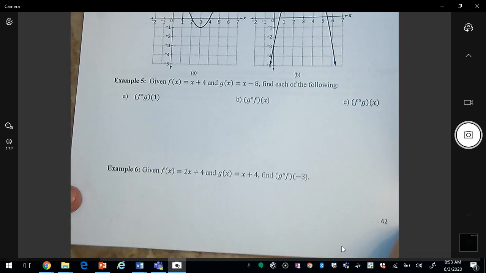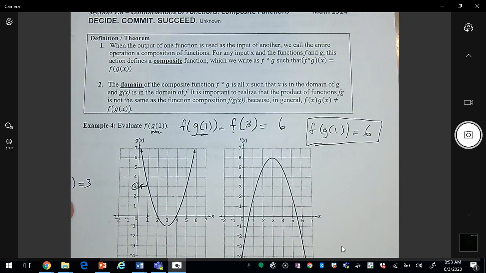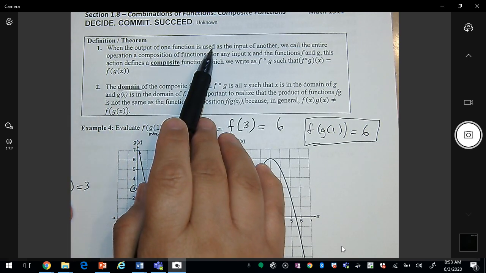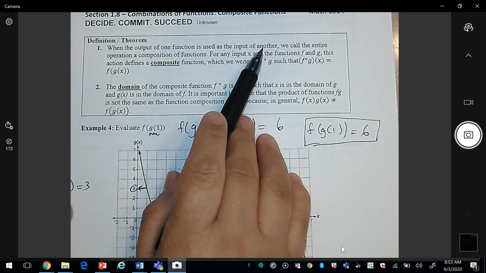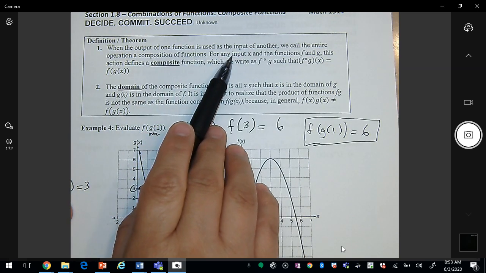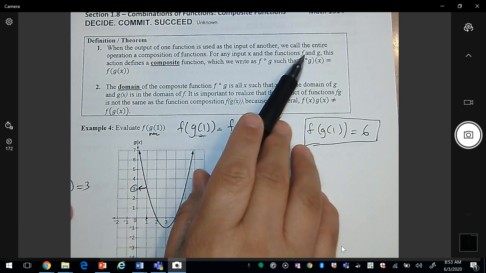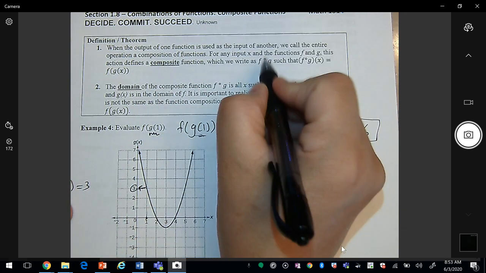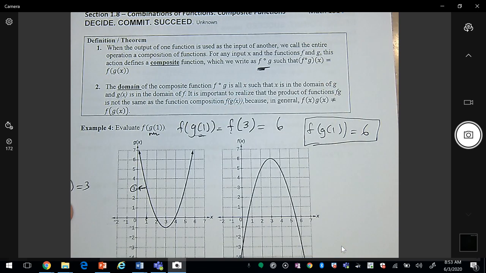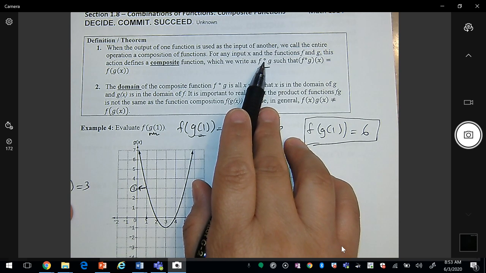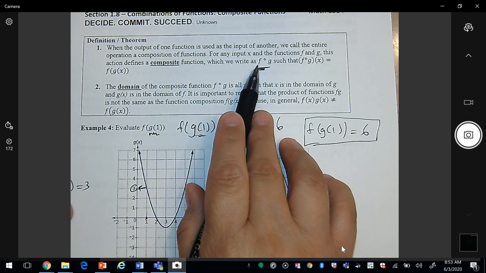For examples 5 and 6, we're going to be looking at something called the composite function. When the output of one function is used as the input of another, we call the entire operation a composition of functions. For any input x and the functions f and g, this action defines a composite function, which we write f composed with g. This open circle doesn't represent multiplication. It represents the composition. So we read this as f